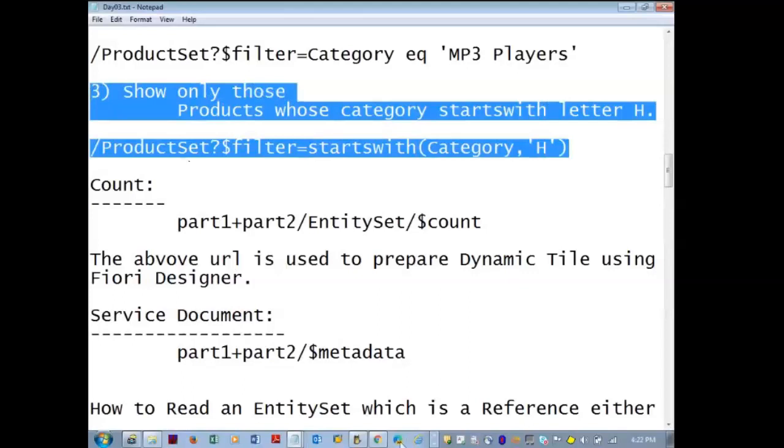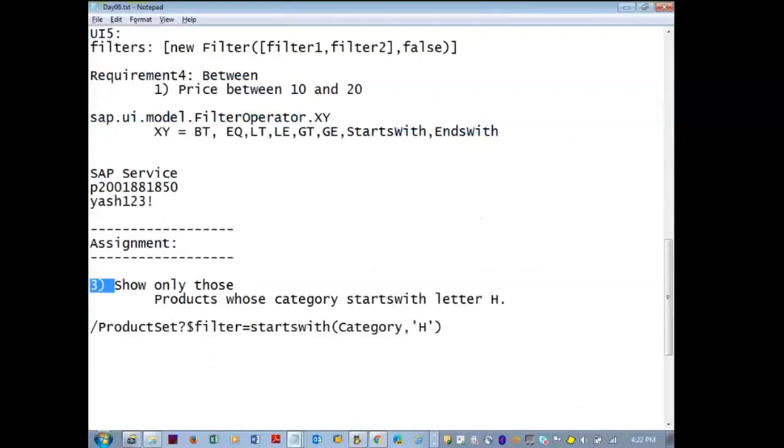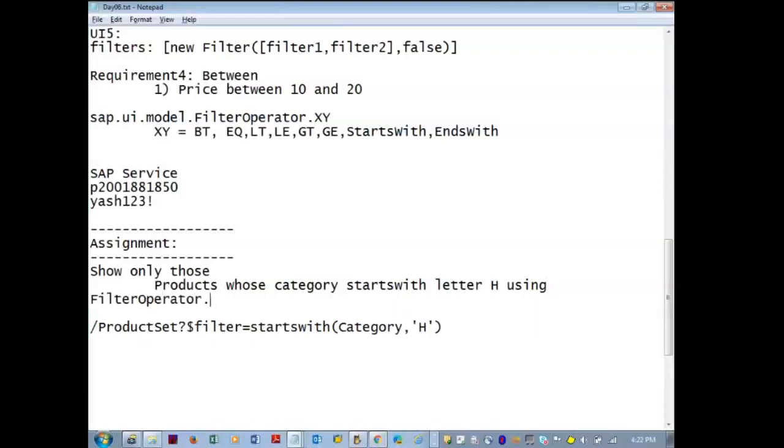Search fields, if I want to use search fields, this can be used. But a little bit more code you also have to write. This is the beginning. Letter H using filter operator dot xy. That xy you can replace with starts with. Try with ends with or whatever other filters are there.